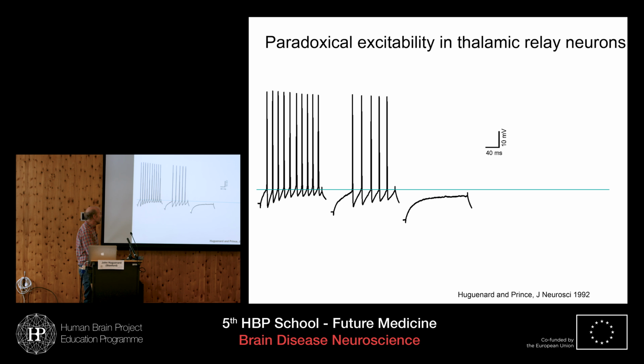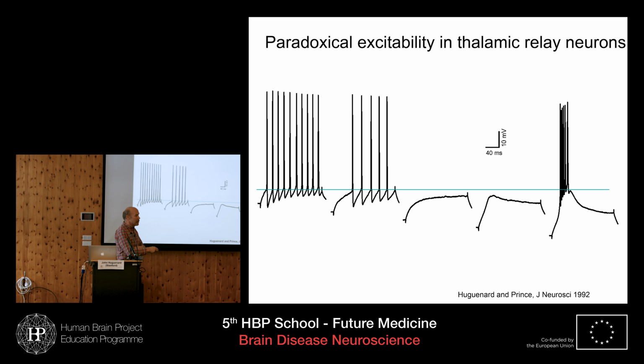As we fall further asleep, you see now this stimulus becomes subthreshold. So it's completely ineffective in producing activation of the cortical part of the circuit through this relay. But these cells have this strange form of activity, this paradoxical excitability, as we make them even more hyperpolarized. Here you can see the start of this generator potential. There's this little triangular wave that's starting to develop at this particular degree of hyperpolarization, and it gets fully expressed when we're fully asleep. Now the membrane potential is very deep, around minus 80 millivolts or so.